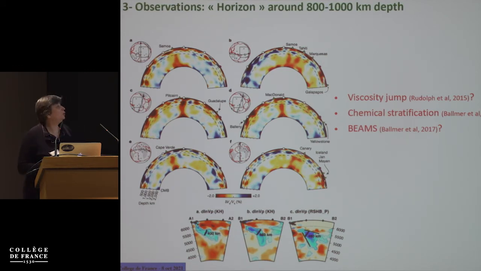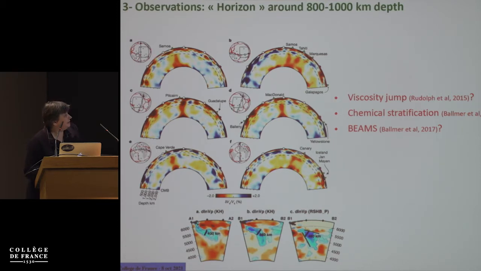And this is not a known phase transition. So a viscosity jump has been invoked, but it's still discussed what is the origin of this viscosity jump. You could have also chemical stratification. You could have beams. I mean, there have been a number of proposals to explain this horizon, but I think